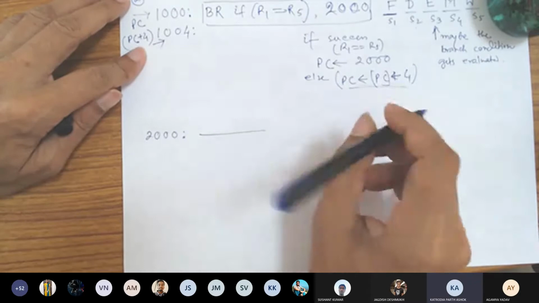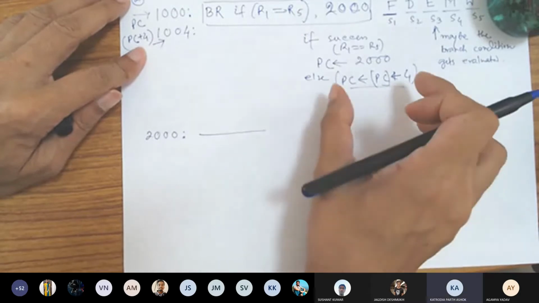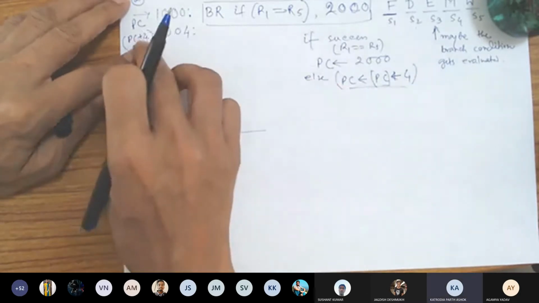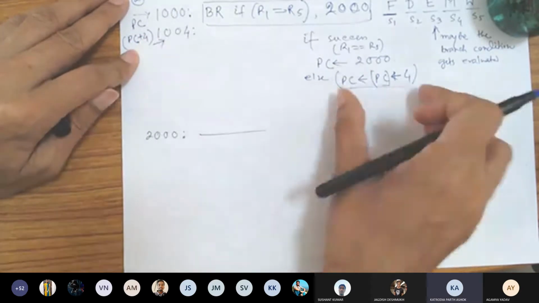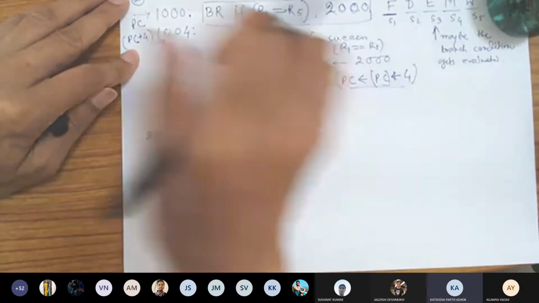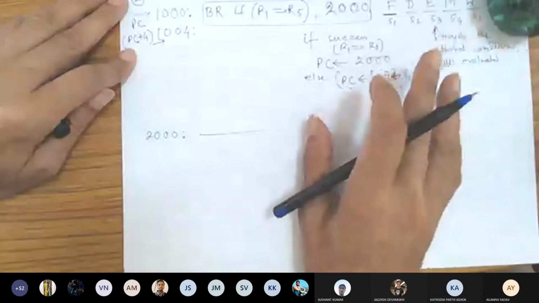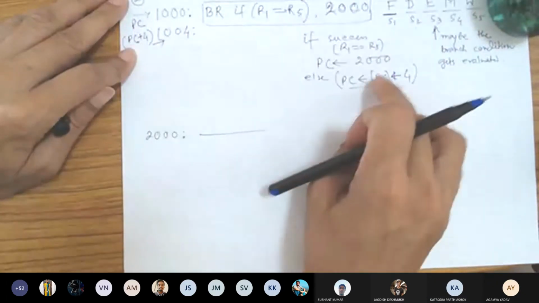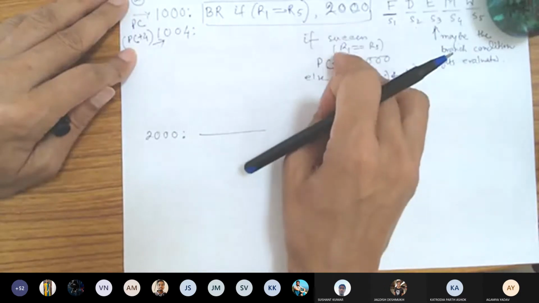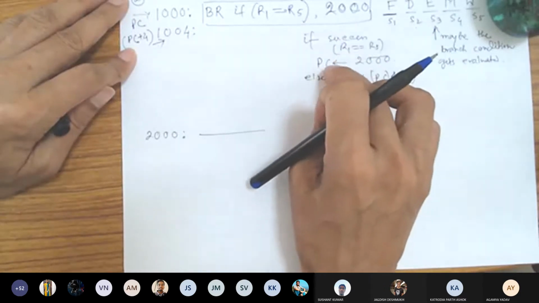Else part is PC equals PC plus 4. So this is a logical statement now, which has already been done. So you accept that part. Okay. So whatever you have done earlier, that PC equals PC plus 4, is now accepted. Else accepted. If not accepted, I'll have to do PC equals 2000.